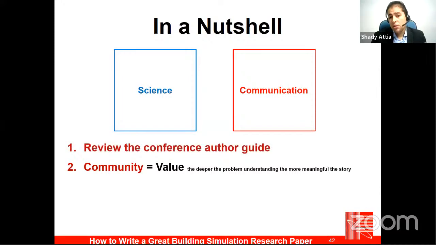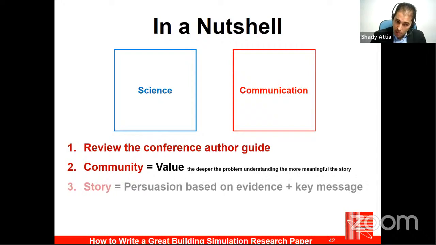And in general, first review your conference author guide, check your community's values, and try to have a deeper understanding of the problem that they are concerned with, and make sure that your story is meaningful. Make sure also that your story is persuasive based on evidence, and that you have a key message you are conveying. It must be very clear in your paper what the key message is that you want to convey, because